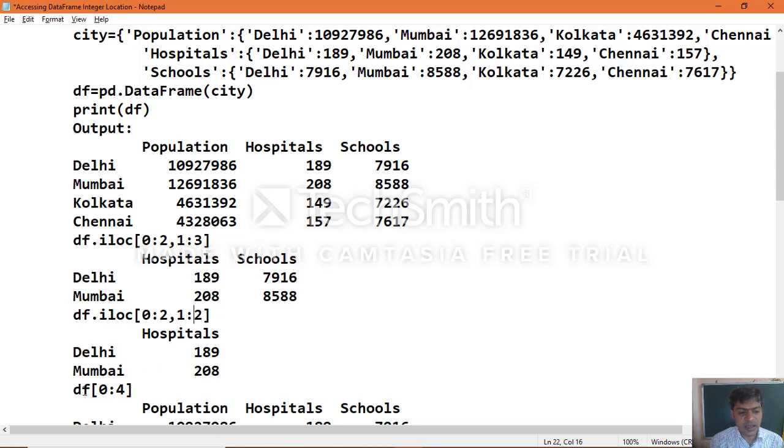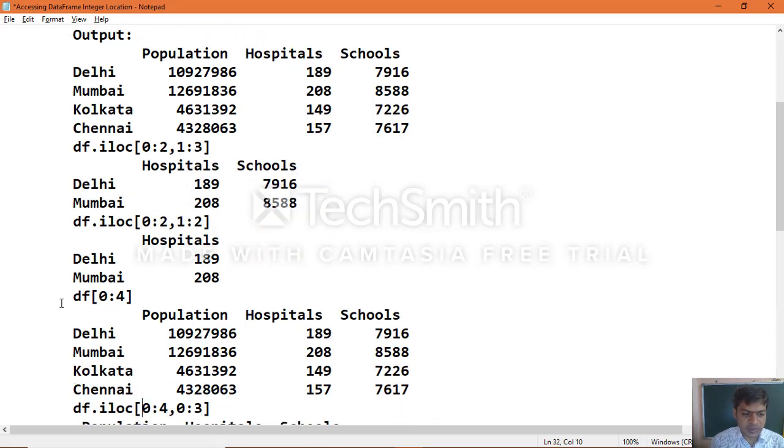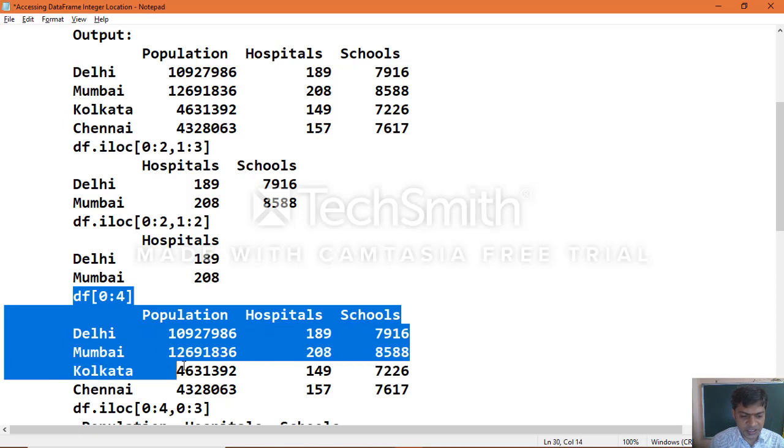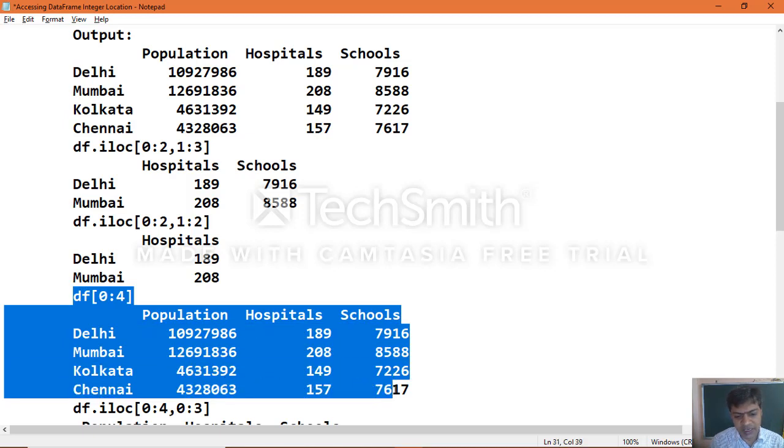Same way, without specifying iLocation, if you specify the object name followed by the row details, start with 0 and end with 4, you will get the complete data frame information here. Without specifying iLocation, if you use it such a way, 0 colon 4 gives the complete rows according to this example.